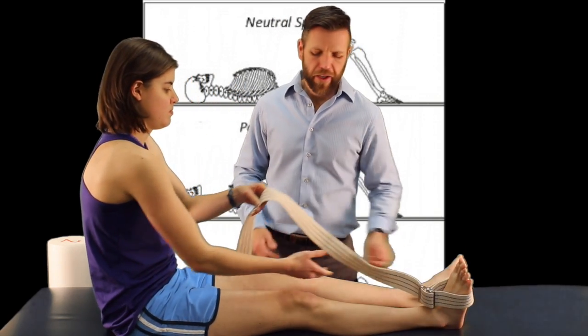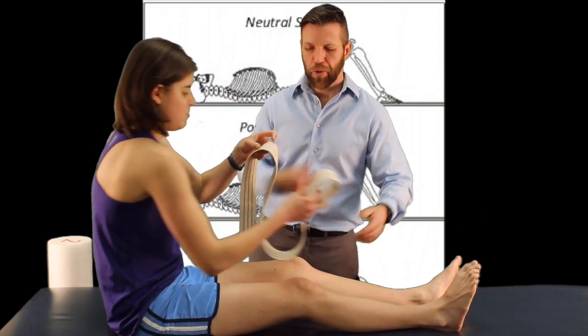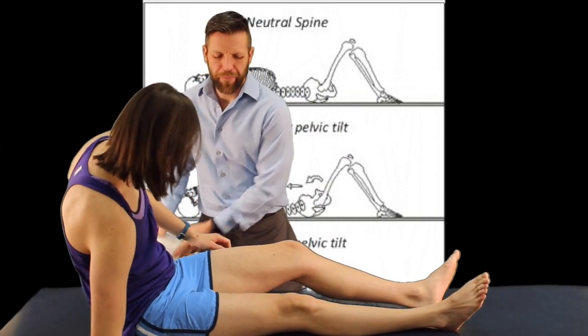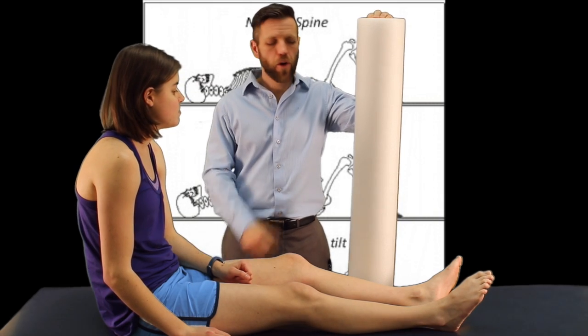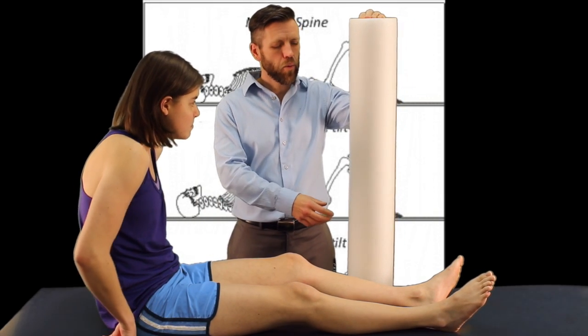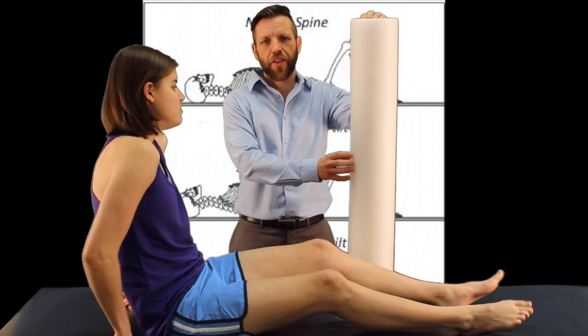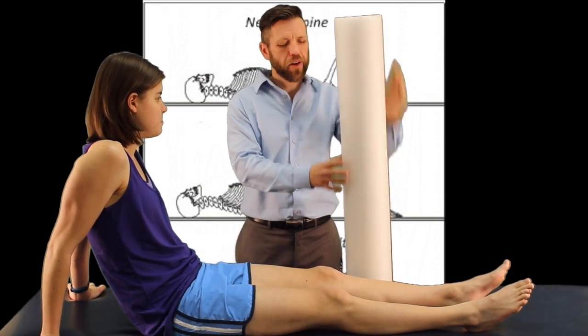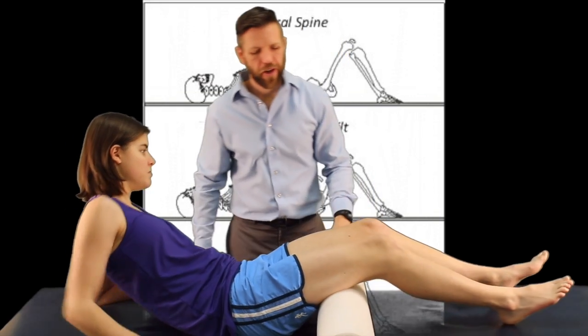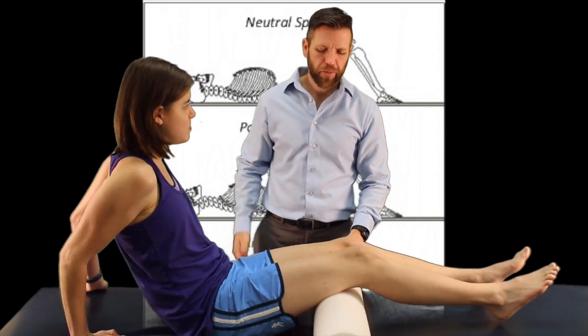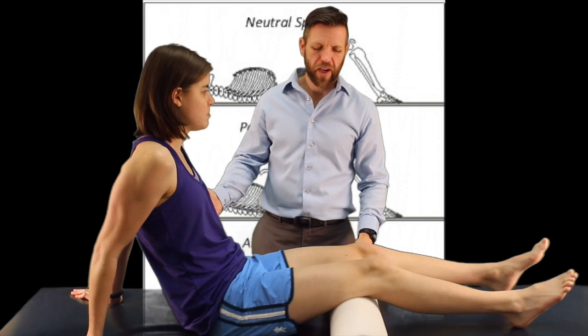We're going to go ahead and take this off now, and I'll let her put that over on the other side. This is another tool that I'm sure you've seen. This is a foam roller. They also make more rigid rollers that can be used. And what I do with these foam rollers is we're just going to set this underneath her hamstrings here, since we've talked a lot about the hamstring,